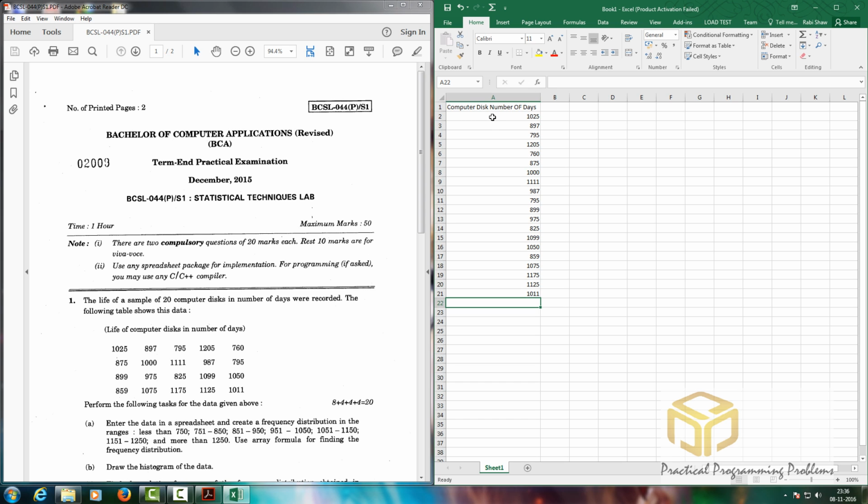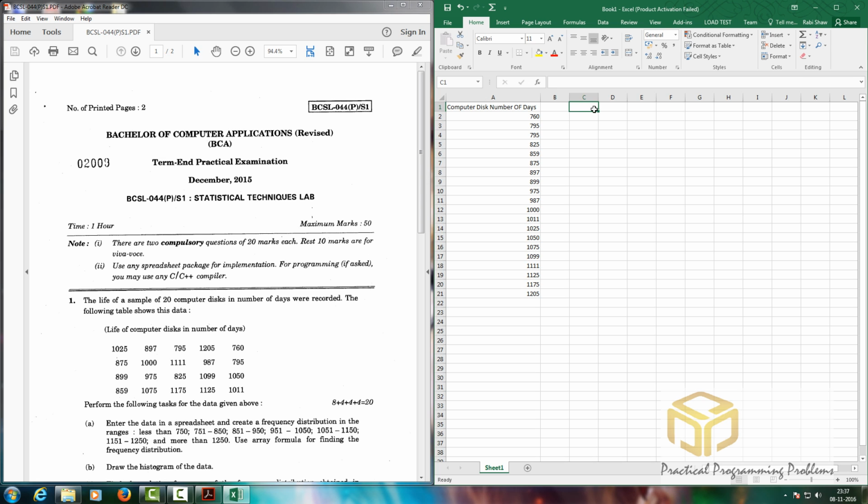So the total number of data is 20, 4 into 5, and all the data we have entered. So let's arrange it in ascending order. We have arranged it. Now